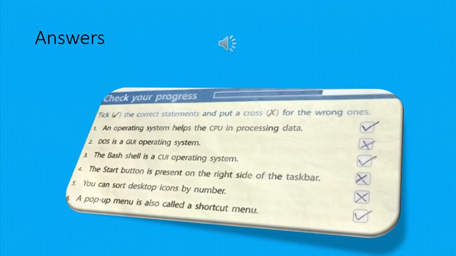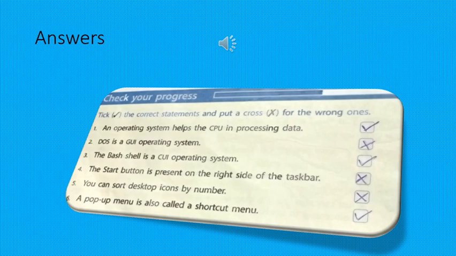Icons. The small pictures on the desktop are called icons. Each icon stands for a file, folder or software. The two main icons on the desktop are computer and recycle bin. Computer is a location where all the contents of the computer are stored. Then recycle bin is the location where all the deleted files and folders are present.